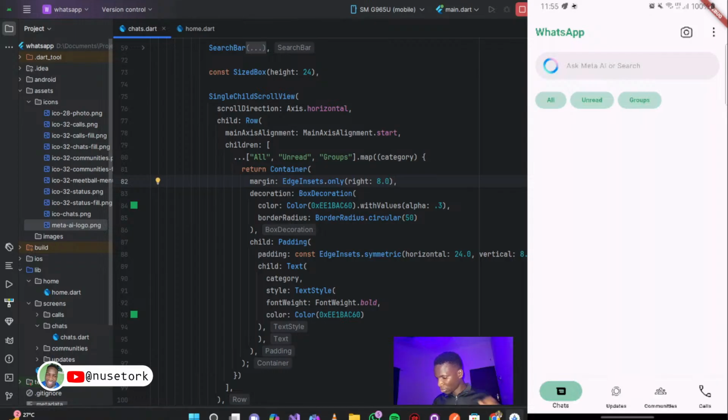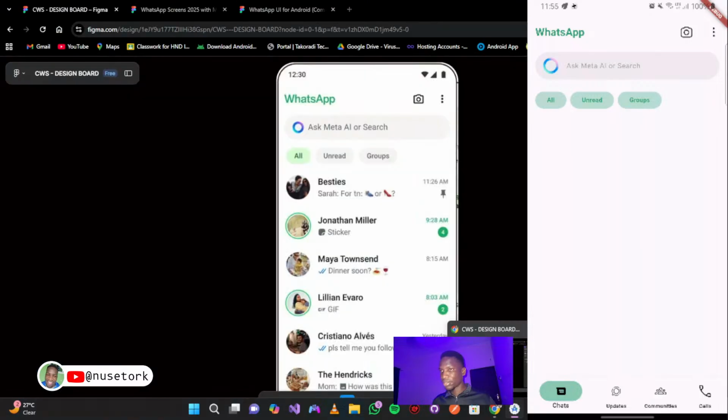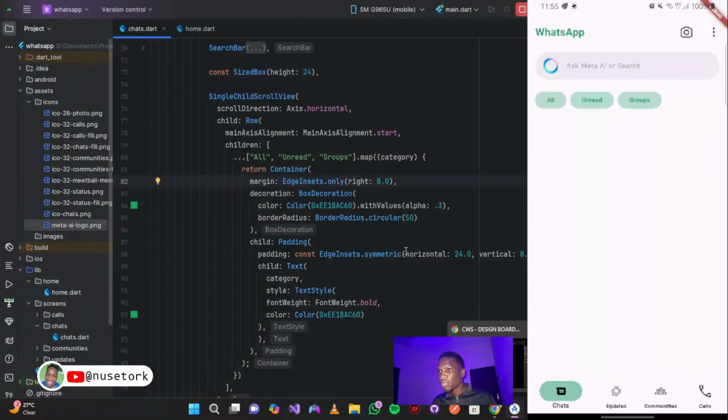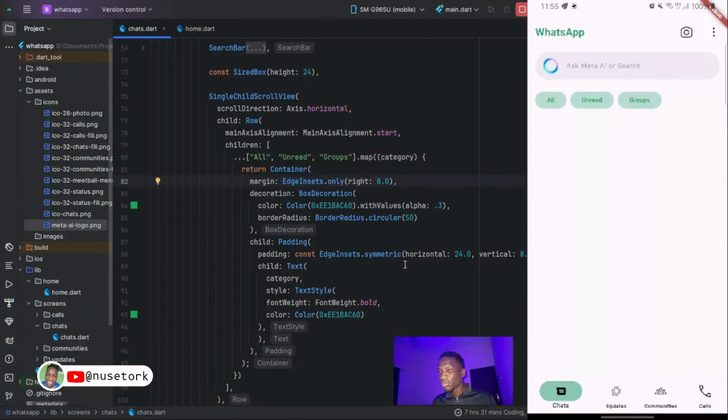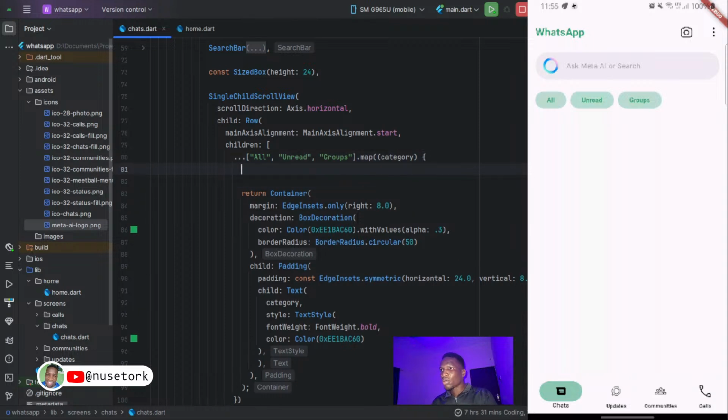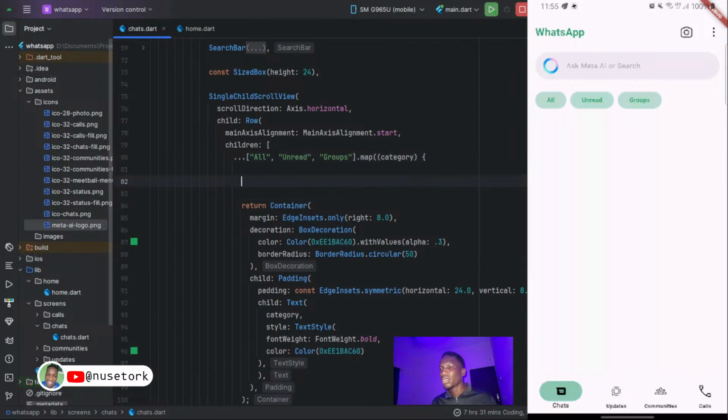Yeah, so we have that. If it is active, we have green, and then the rest are gray. Okay. So for now, since we are not moving between active and inactive stuff, let's just say it's all